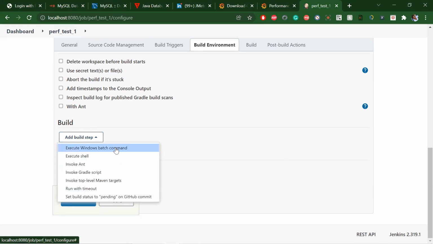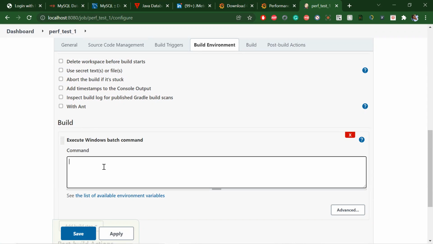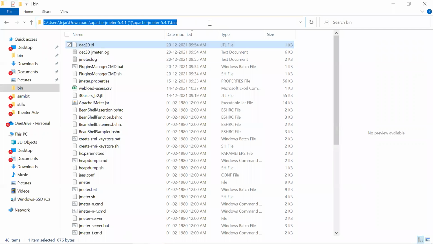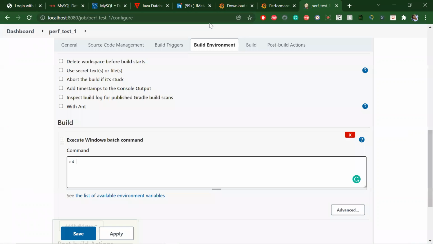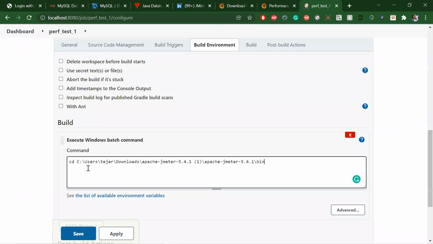So here we need a Windows batch command, because ours is a batch file when we are running on the CMD. So just click on CMD. Okay, and here we need to give the command. First we have to do cd, it should go to this bin location. Yeah, bin. Right?